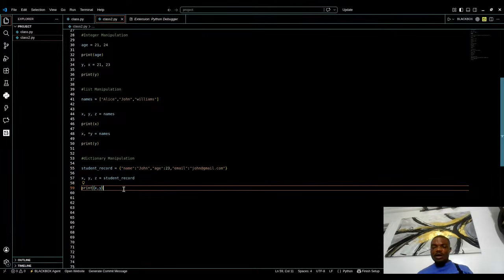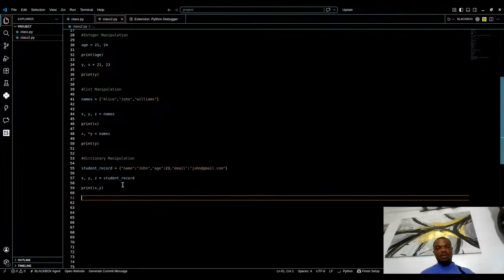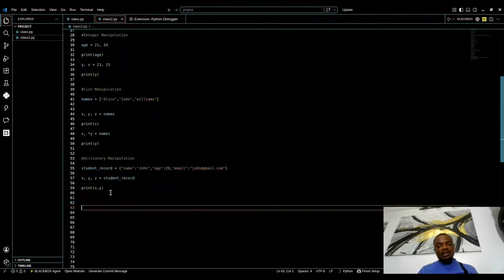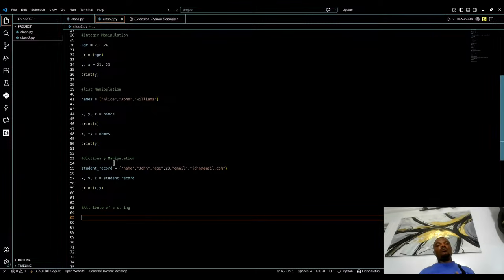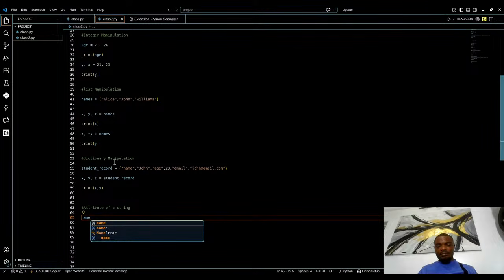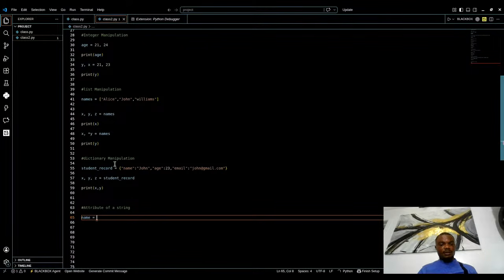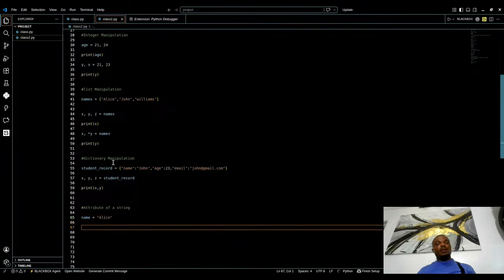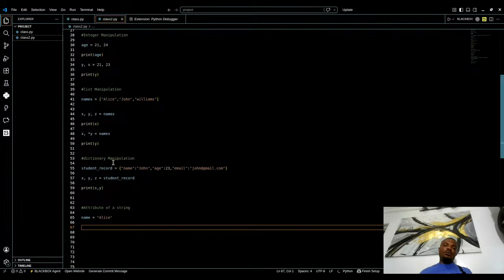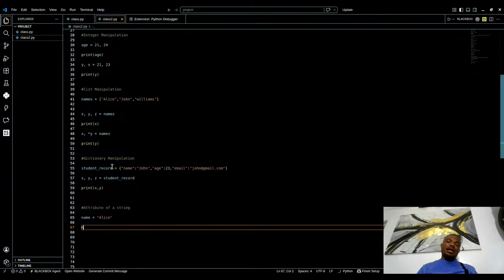Now you'll be wondering, what do I mean by an attribute or behavior? Now let's try to see the behavior or attributes of a string. So I'll say attributes of a string. Now, what are the attributes of a string? Let's assume I say my name is Alice as usual. Now, how can I get the attributes of that string Alice? To get that attribute, I can say my